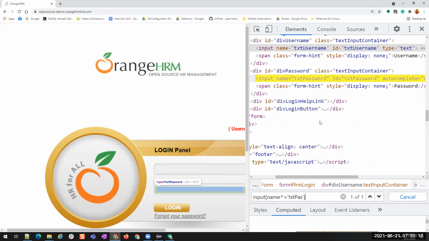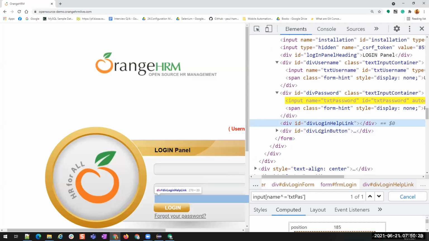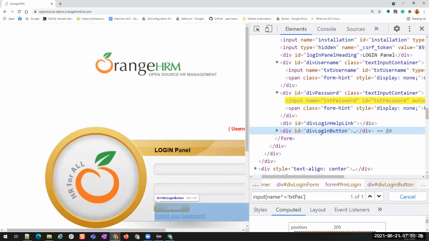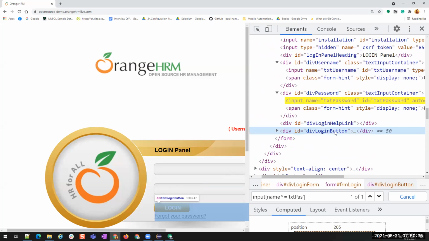For ends with, do we have any perfect example here? Oh, yeah. You see here we have two divs. One ID is div login, both of them start with div login, but this is ending with help link and this is ending with button. Now I want to find the div login which is ending with button. So let me write the selector for it. So div,